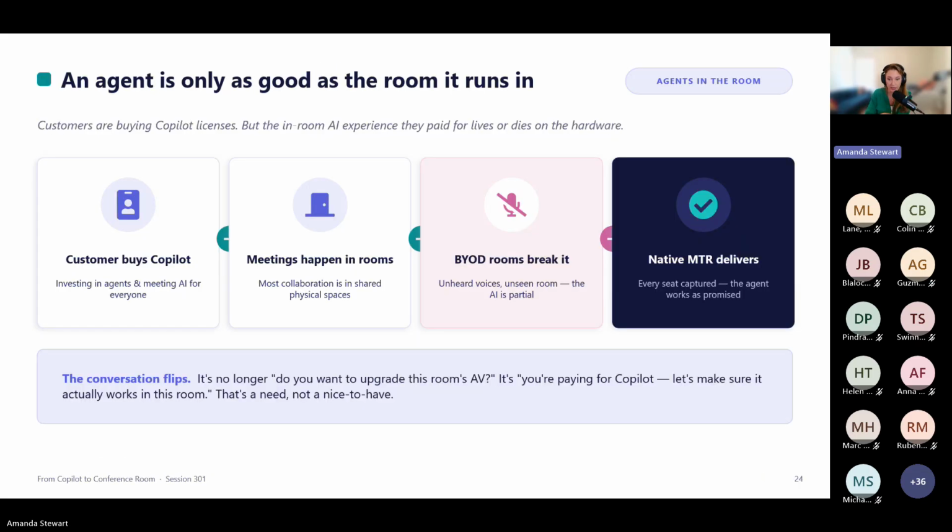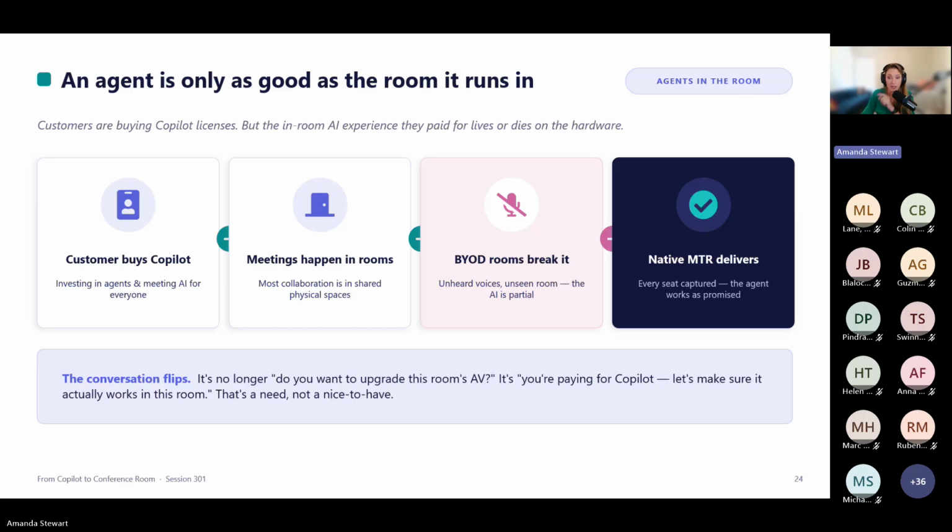So the logic chain that I want every partner to be able to run in their sleep. Step 1, your customers are buying Copilot. They are investing real money in agents and meeting AI for their people. Step 2 is that most of that collaboration happens in rooms. We're all going back to the office. It is shared physical spaces where we are now meeting again.